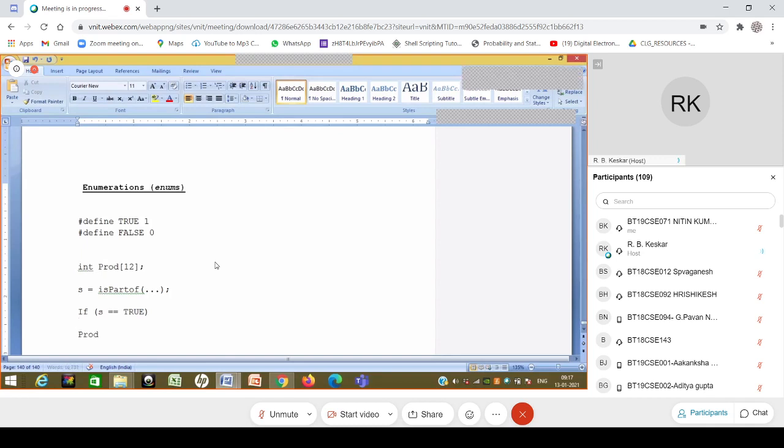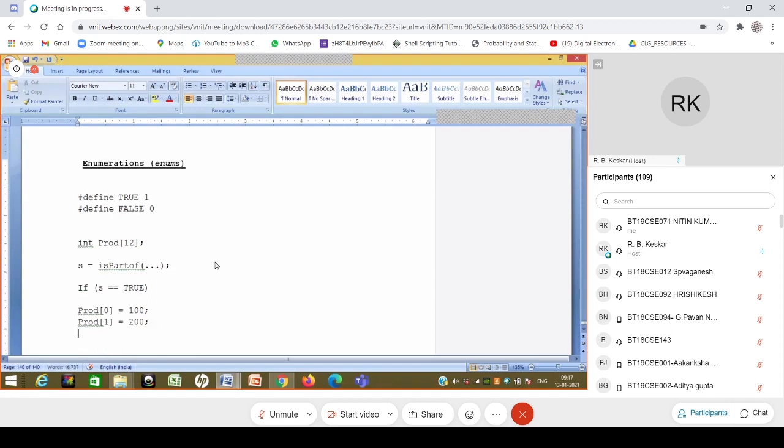I will say prod[0] is equal to 100, prod[1] equal to 200, and likewise. Now the problem over here is that these statements don't clearly tell me that this is for January, this is for February, like that. I need to remember that January is the first month, but the index starts from 0.